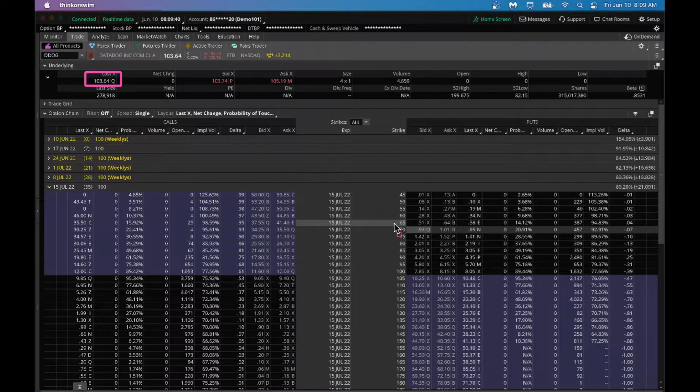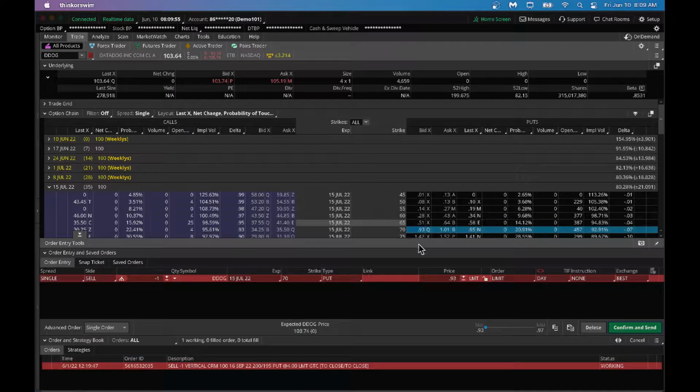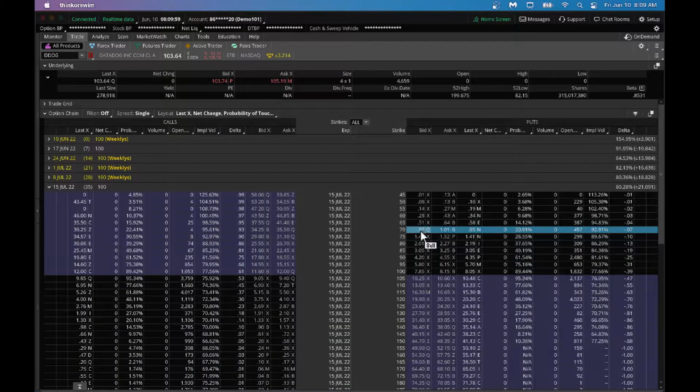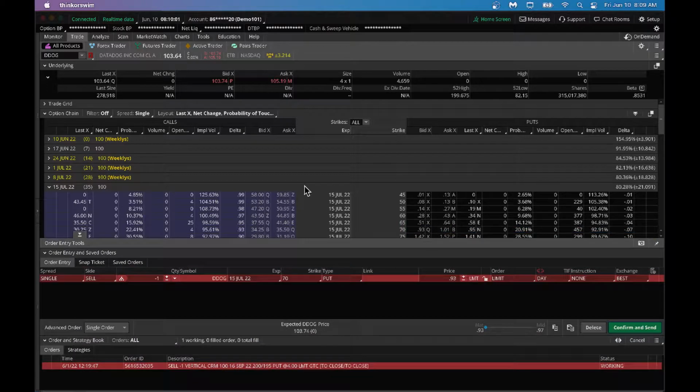You could very comfortably sell a put option at 70, where the probability of touching 70 is just 20%, as you can see right here. I'm pretty much comfortable here. I will sell a put option at this price. I'm collecting 93 cents here, and just to spice it up a little bit,